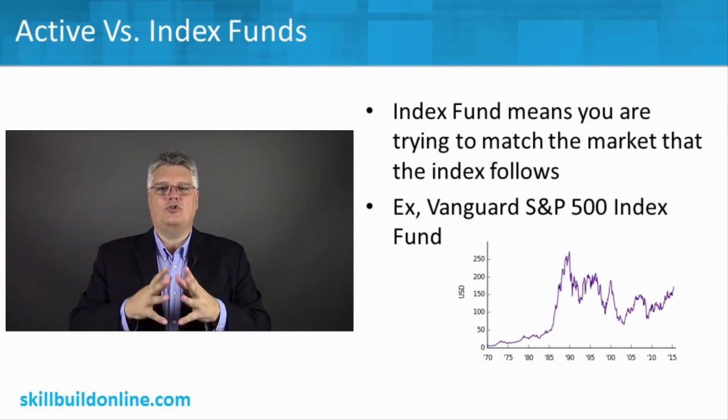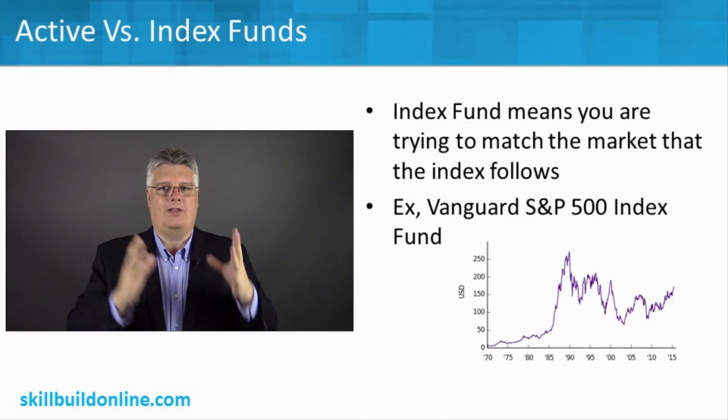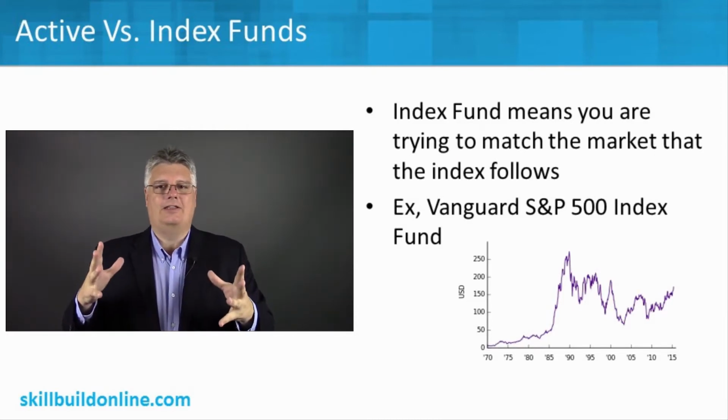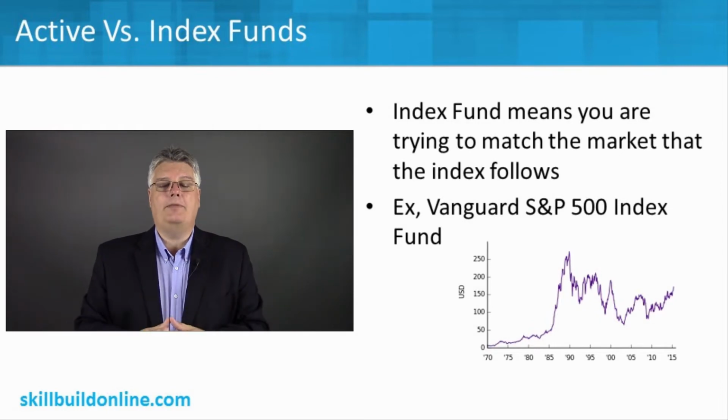So an index fund tracks a market, tracks an index. A famous one I mentioned a couple times before is the S&P 500 fund, the Standard & Poor's 500 index fund, the 500 largest United States market cap stocks. So if you want a fund that looks at large U.S. stocks, and it's an index, and you want a broad diversification of 500 different stocks, well, maybe the S&P 500 stock fund is for you.